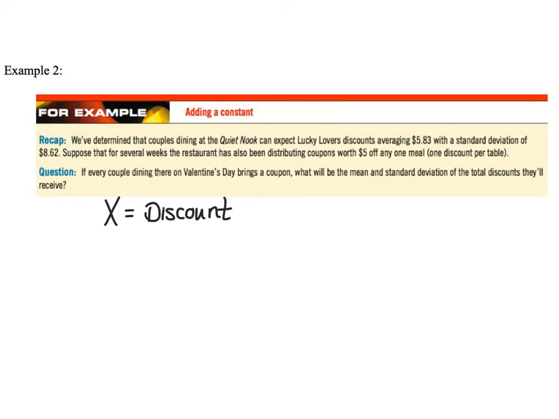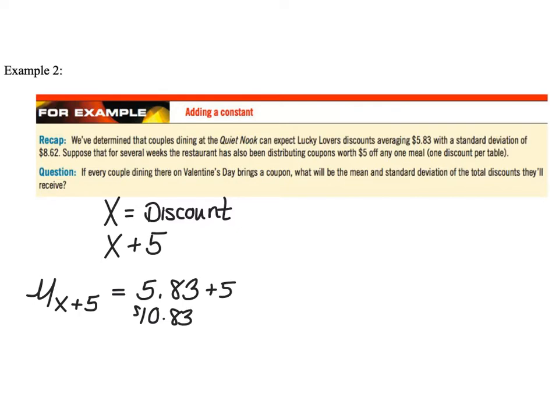So in our last video, we had built a probability distribution where capital X, our random variable, was the amount of discount. So what we're saying is, what's going to happen if we add 5 to every person dining there on Valentine's Day? So we're going to compute our new mean. Well, you don't need the raw data, you just need the previous mean, which was $5.83, and we add 5 to it to get